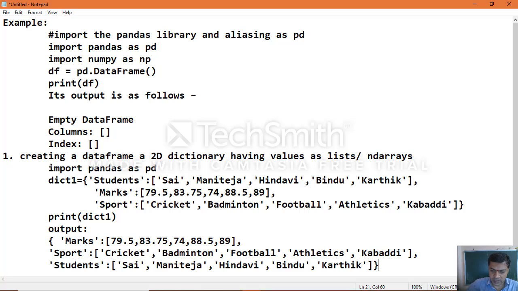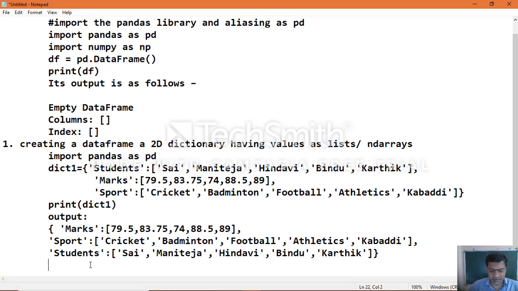So this is the output you will get once you execute the dictionary which we created.